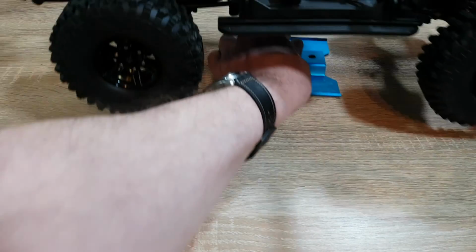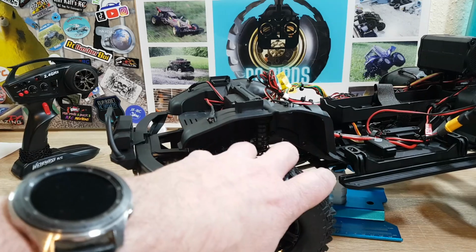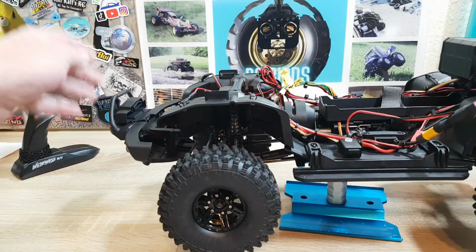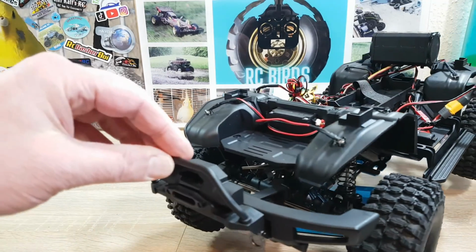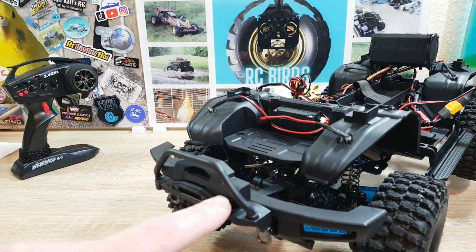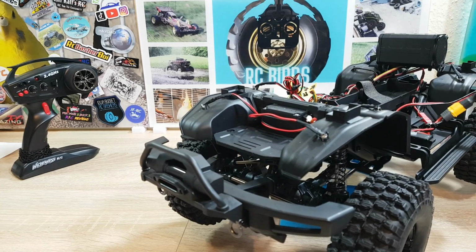For the car, I show you some things before I start with the time lapse. I have to remove this bumper. Here are 2 screws and 2 on the other side. Then I can put everything away. Then I can screw out this fake winch. And unfortunately, I have to remove this mouth. This is molded to the bumper, but I have to cut it and sand it down so I can put